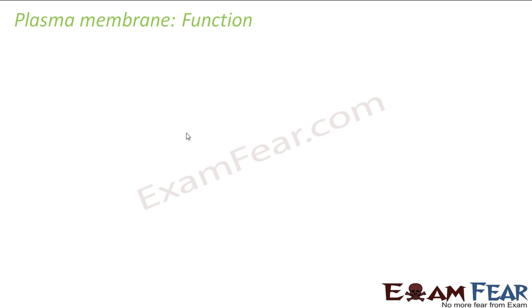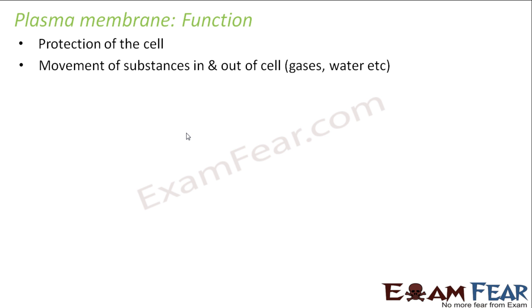Now let us look at the function of the plasma membrane. The very first function is the protection of the cell. As I told you, it is an outer covering of the cell, and it ensures that the cell remains protected inside. Movement of substances in and out of the cell is governed by the plasma membrane. That means it is the plasma membrane which decides what substances can move across it and in which direction. Now these substances include gases as well as water, by the processes of diffusion and osmosis, because the plasma membrane will decide whether the concentration is higher or lesser on which end, so which object is allowed to move from which side to which side. So the plasma membrane has to decide.